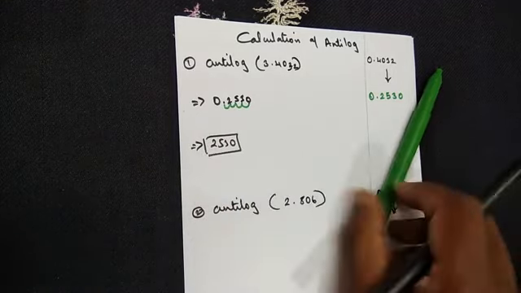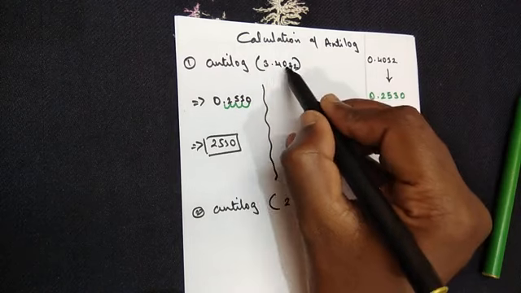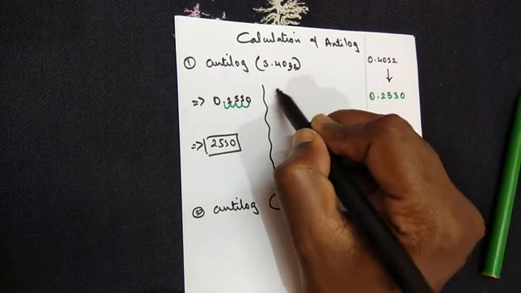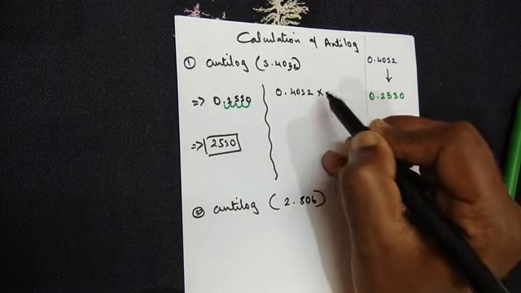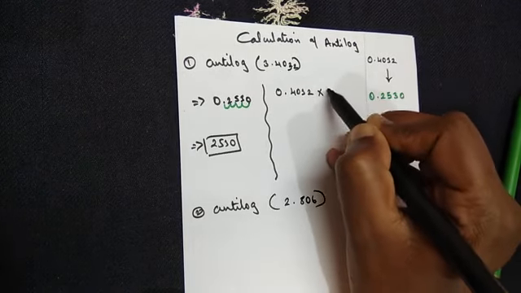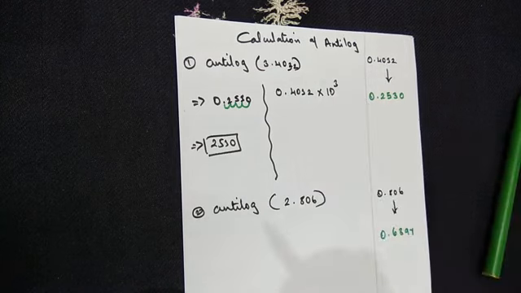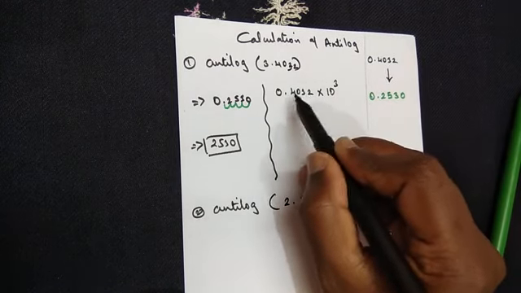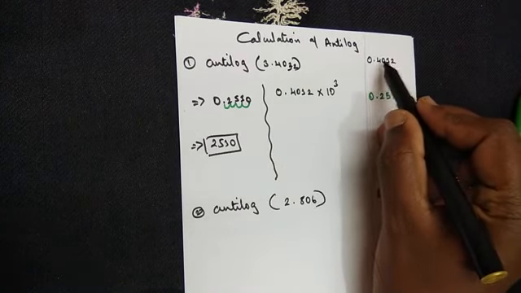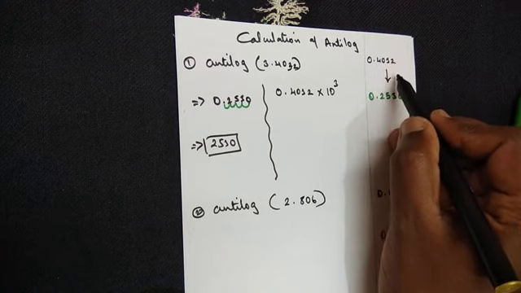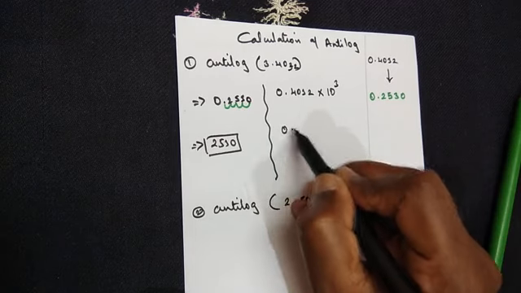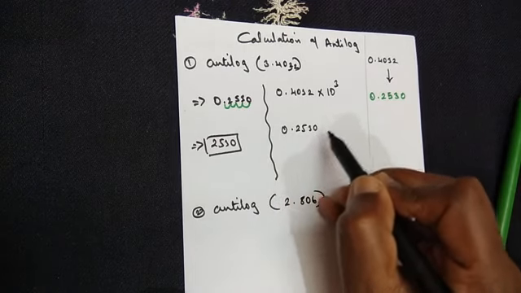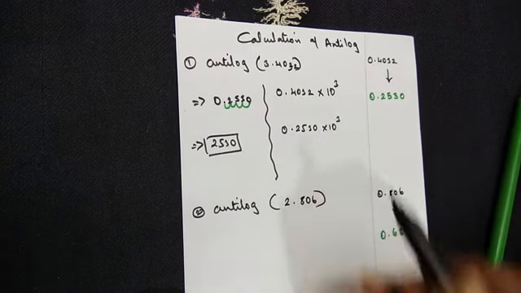This is one method of doing. There is one more method of calculation. Now the same question, you can also write it as 0.4032 into 10 to the power 3, taking the 3 to be the power. Now in the same way, when you calculate the anti-log of 0.40 under the third column with a mean difference of 2, adding up you get the final answer to be 0.2530 into 10 to the power 3.